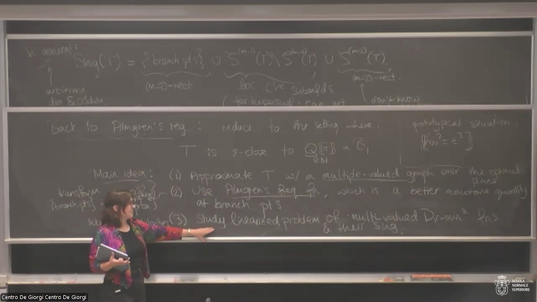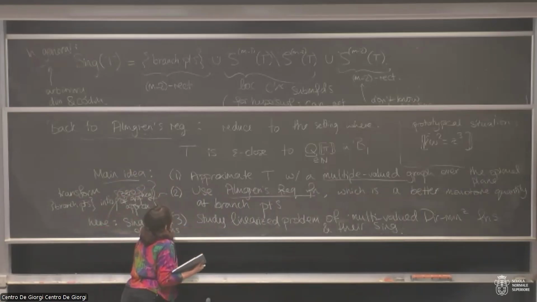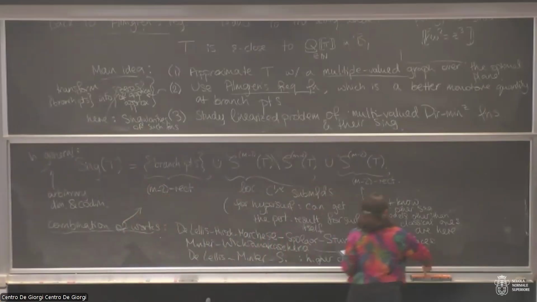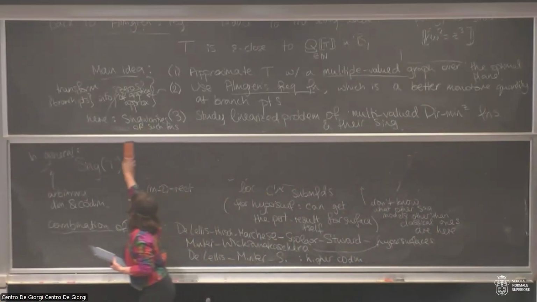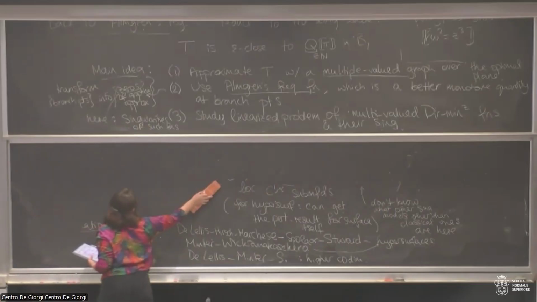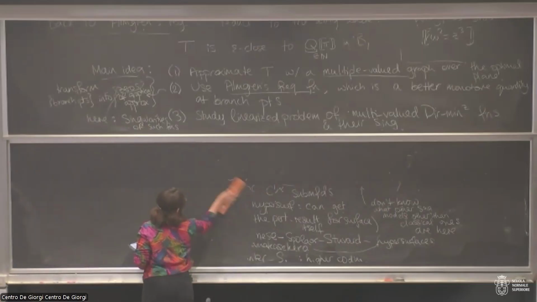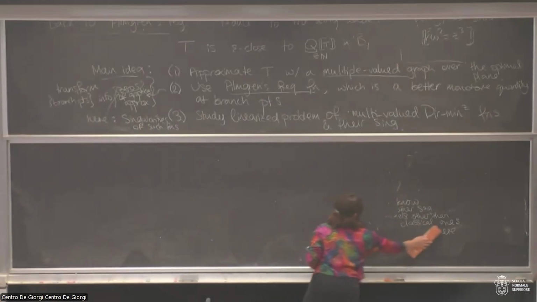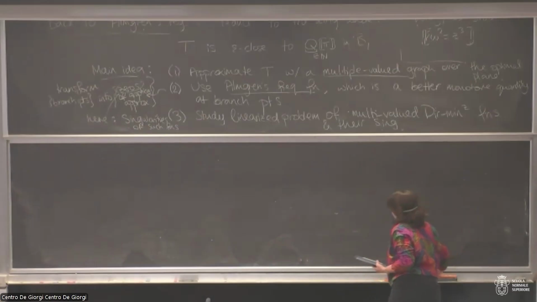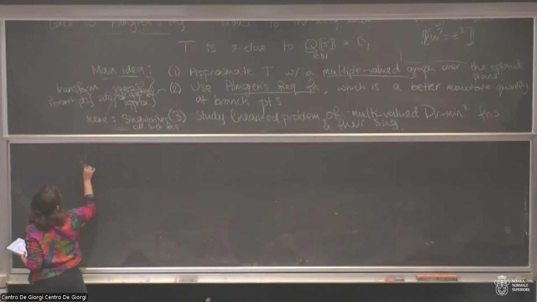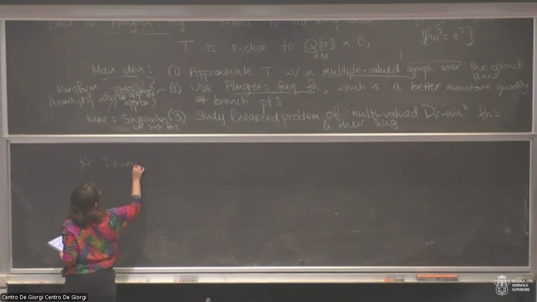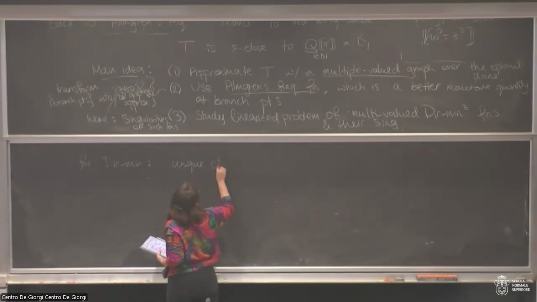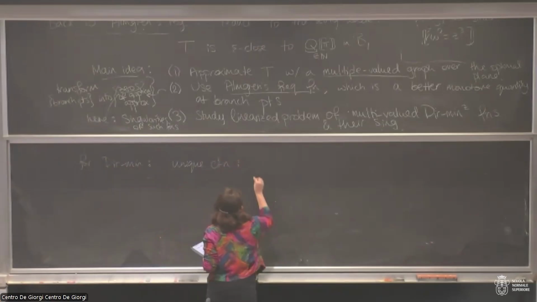Here you have a unique continuation type result where you can use this monotone quantity, this frequency function, to tell you that for Dirichlet minimizers, we have continuation, meaning that either,